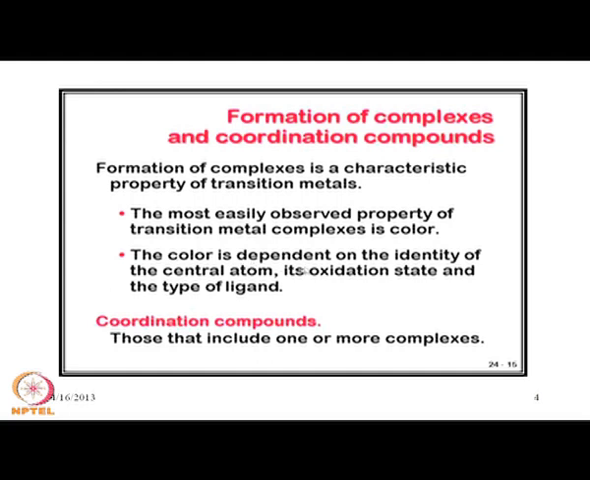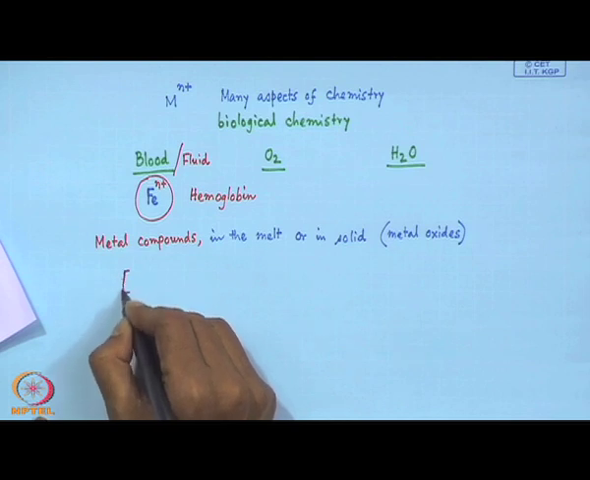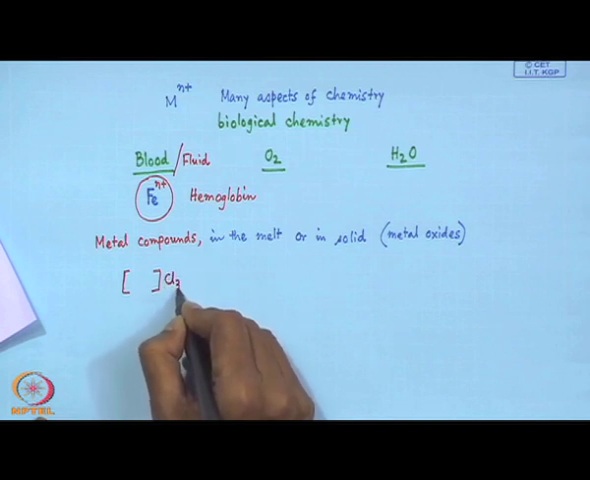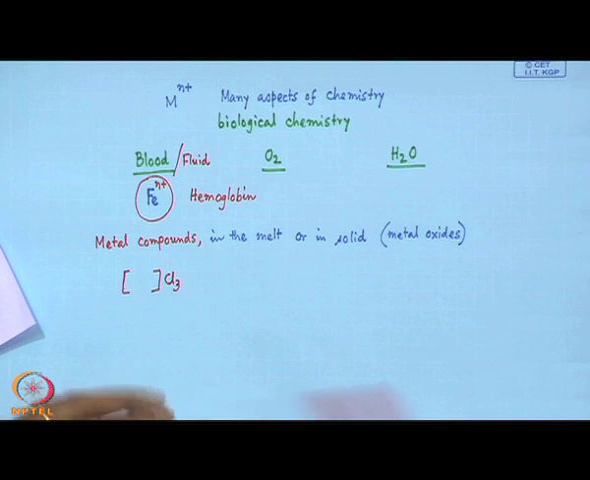And this color is dependent on the nature of the central atom, the oxidation state and the type of the ligand. So, when one metal center is interacting with the ligand, we get the corresponding complex species, and if we have more than one such species present in a single compound, we call them a coordination compound. That means, whatever we write in the form of a square bracket, like a cobalt salt, and it has a corresponding anion that is balanced, this we will call the